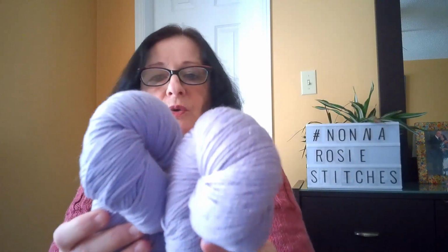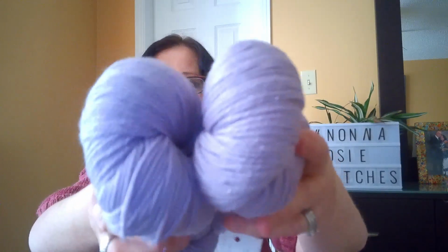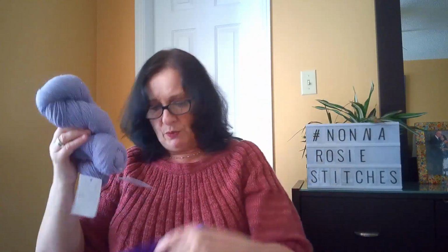So this is December. This is the Chill Out, and it's Audine Wool's Twinkle DK. This has 80% merino, 10% cashmere, and 10% stellina. It's 250 yards, and it has a little sparkle. I don't know if you can see it, and it's a very, very light mauve. Looks gray, but it is a light mauve. So I knew this was coming,